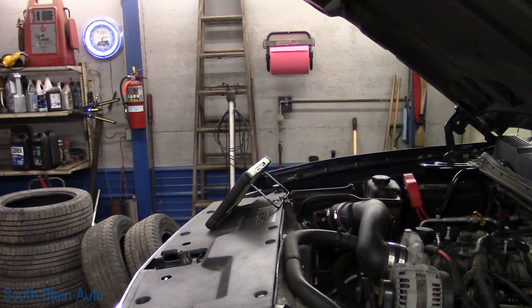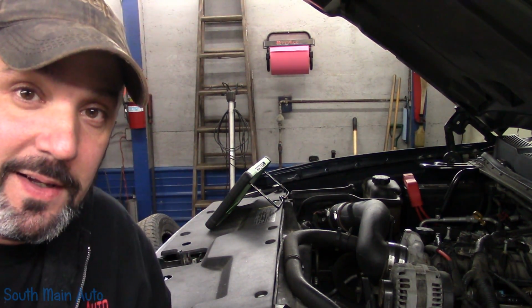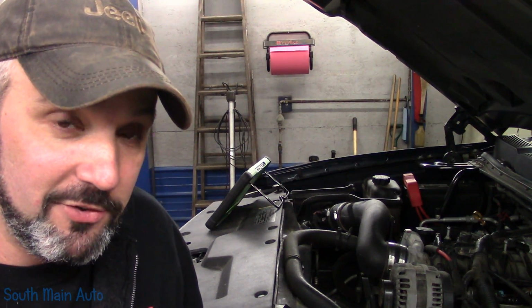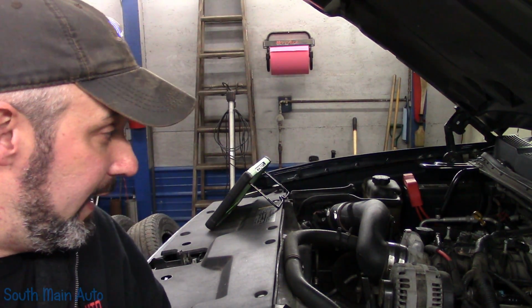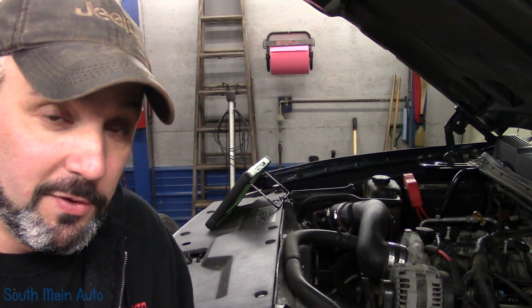And I guess the main purpose of the video wasn't how to diagnose your gross evap leak. I suppose it may raise the question as to why does that show up as a gross evap leak instead of no purge flow, or purge solenoid fault. That is because the only way the ECM can tell if there's a purge solenoid fault